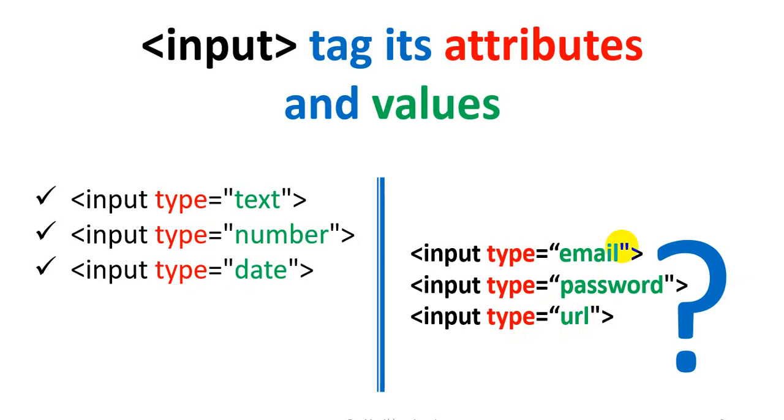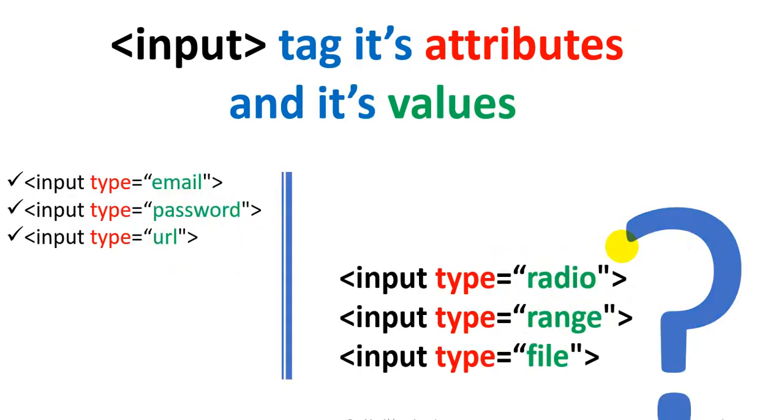Okay, so in today's lecture we will see some more important and very useful input types and their values, that is input type equal to radio. What is a radio? Radio is a button. For example, sometimes we have to choose one value from a group. For example, we have to select gender. We have three types of gender, that is male, female and others, or sometimes it's called transgender. So we have three options.